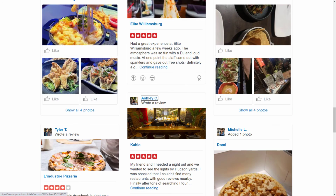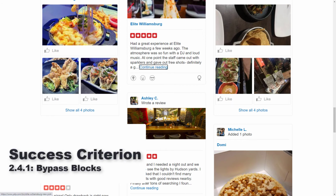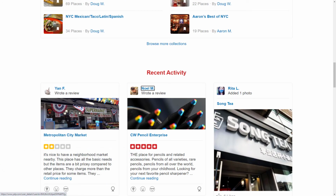This violates the success criterion Bypass Blocks. Bypass Blocks stands for, if you have a lot of repeated content, you must provide a skip link. And skip links are one of those, you know, if you open a website that is coded accessibly, not like Yelp, because obviously Yelp isn't, then you have a skip to main content link, where you press enter and then you skip the navigation. Now these are 99% of the time used at the top of the website, but every time you have repeated content like this one, the same content, just repeated,